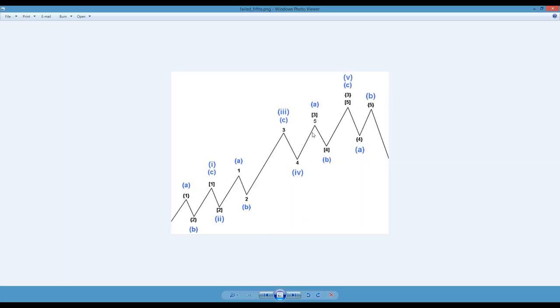Okay, and then 3, 4, 3, 4, 3, 4, and then you have a 5th wave that terminates early. Now, the way that I look at the reorganized version of Elliott, there is no such thing as a terminated 5th wave. For years and years, I did the traditional, okay? And the fifth wave was always the, oh, it could terminate early, oh, this could happen, oh, that could happen,